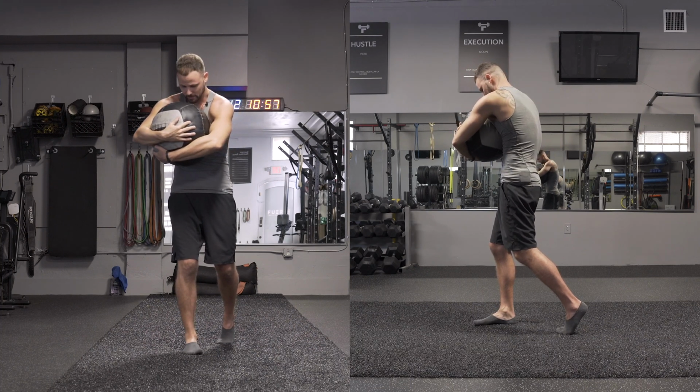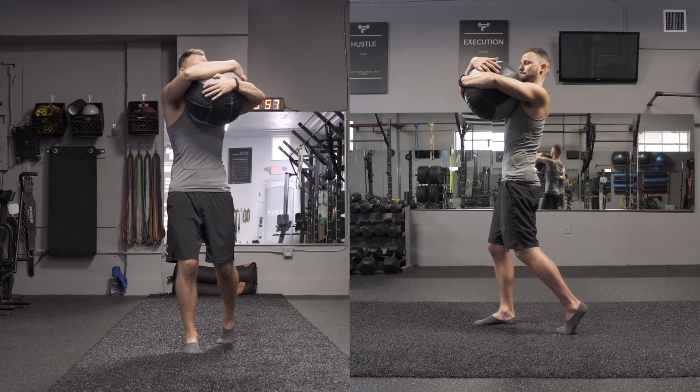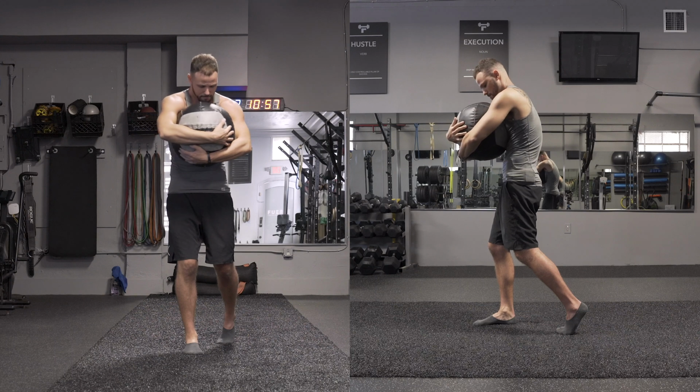Now reverse directions, everything should be burning right now. Left, don't lose the left hip. Slowly rotate all the way up. Or extend all the way up, then rotate back to the right. Come all the way through, left,